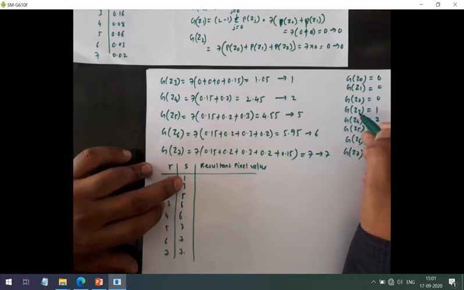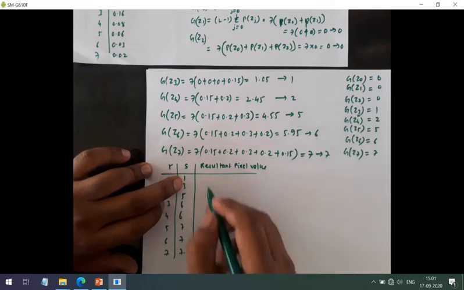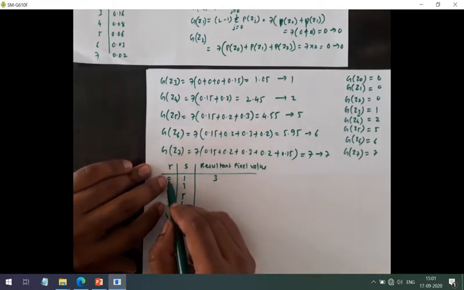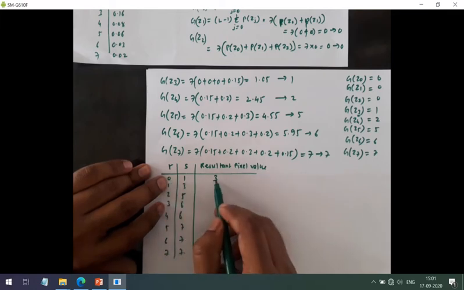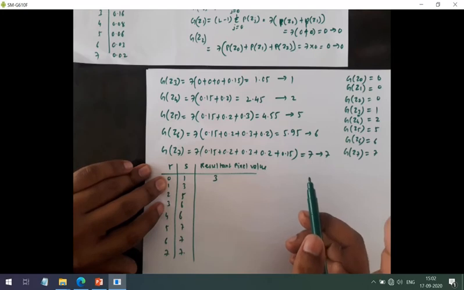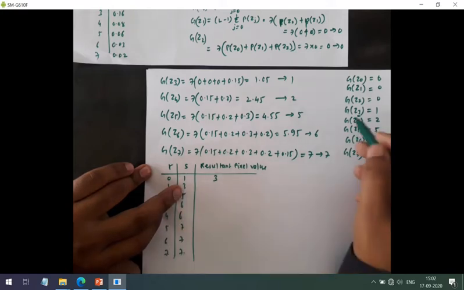Now we have to return the corresponding z value, which is 3. So the 0 in the input image will map to 3 in the resultant pixel after applying histogram matching. Now we will find the closest match of s equals s1, which is 3, with g of z. The closest match is 2.